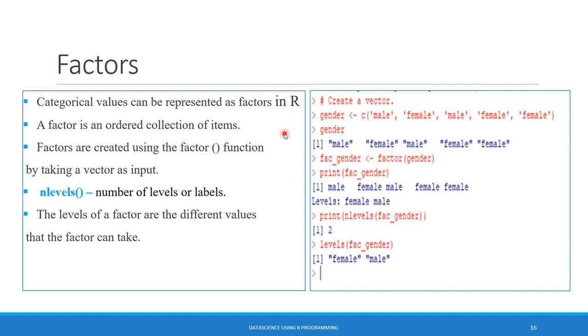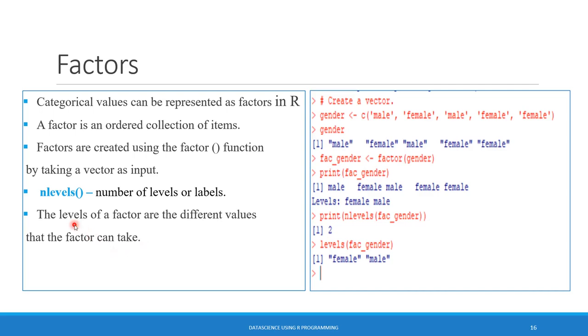Now let's see how to create these factors. The factor function is generally used for creating a factor. Initially I have created a vector. Create a vector and now use the function factor and pass the created vector. You can do it this way or directly pass these values to the function factor. A factor normally has levels. Levels are nothing but the different values of the factor. In this example, gender has 2 levels or 2 different values, male and female.